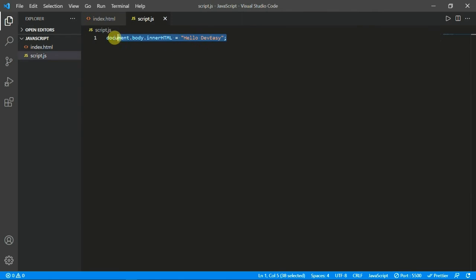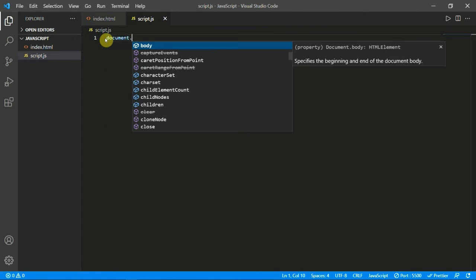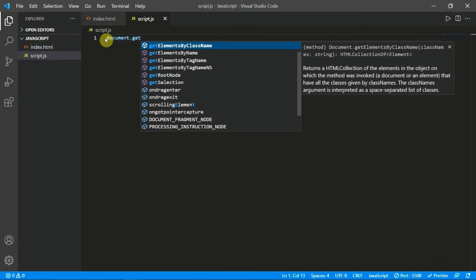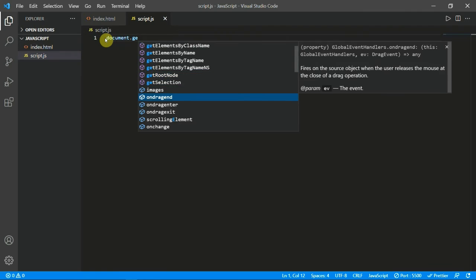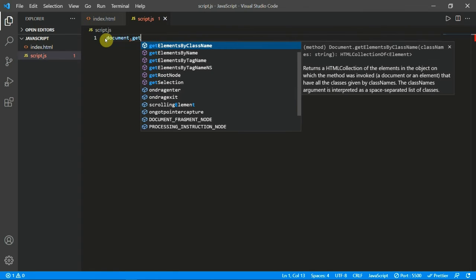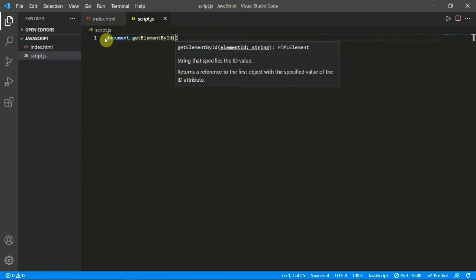So here we will just cancel it out, and then we will write document dot getElementById. Okay, we'll write getElementById, and inside this id we had head, is it?